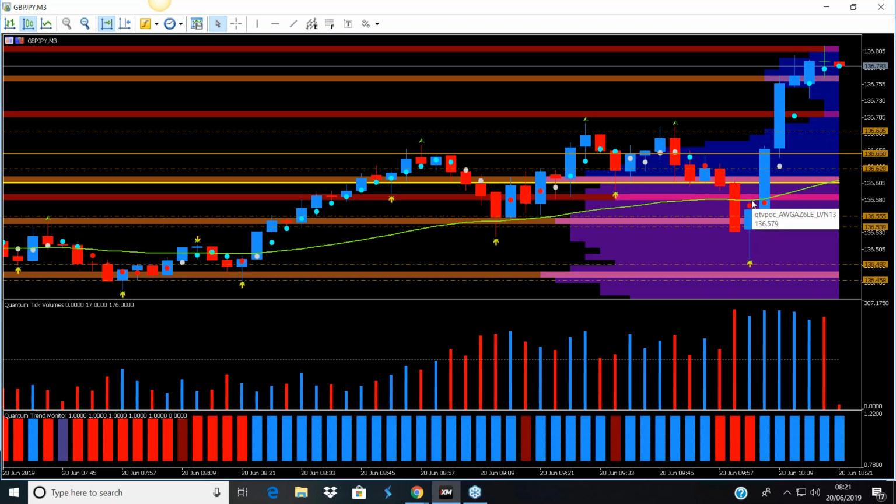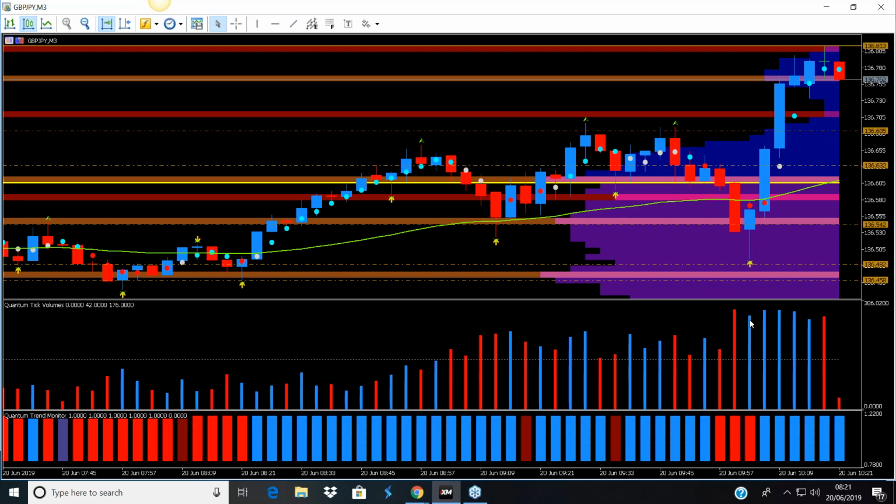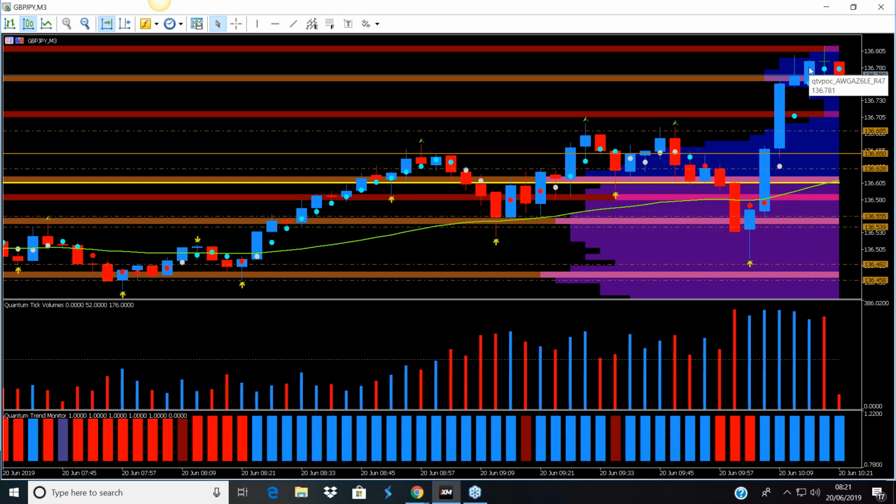And we have this nice deep hammer candle with a lot of volume underneath it, pushing back to the volume point of control. And in fact, it seems to be so far a successful break from the VPOC. But actually, you could also see it as a continuation move down here. So it went higher, went into congestion ahead of the London Open, and it's now continued in its original